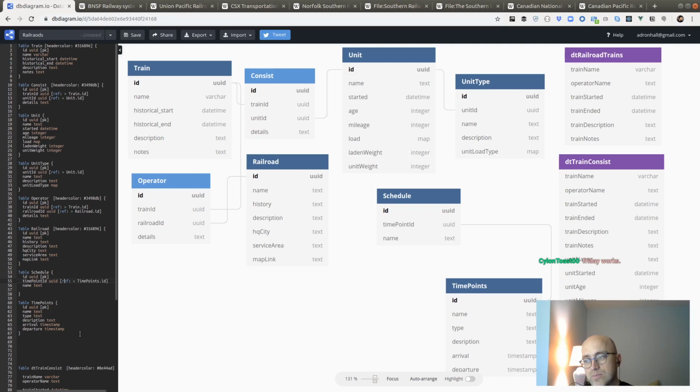A schedule has many time points. A railroad has many schedules, and many schedules has a railroad. Yeah, I think it would be under railroad. So I could either connect it to railroad.